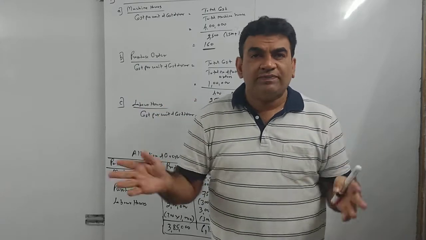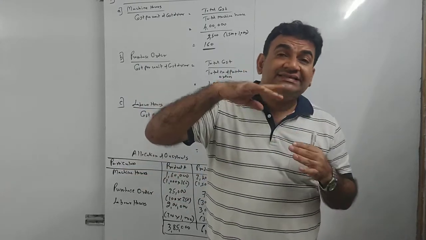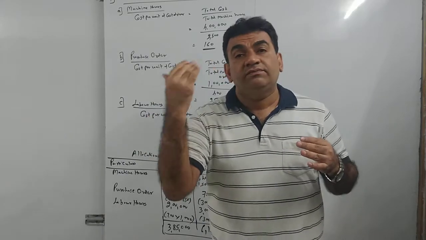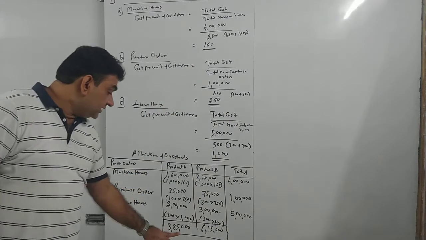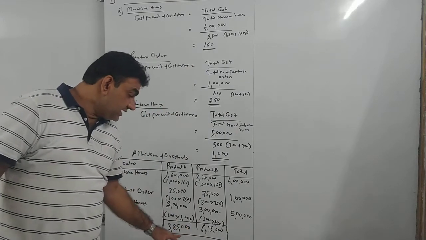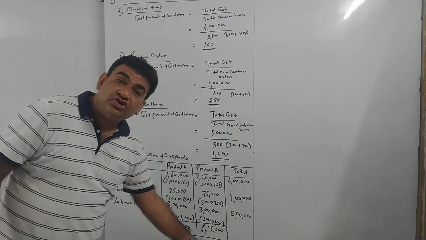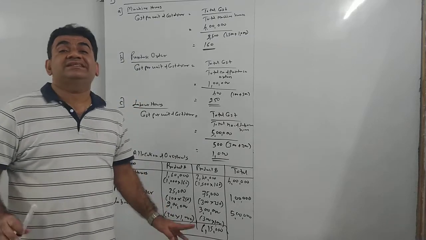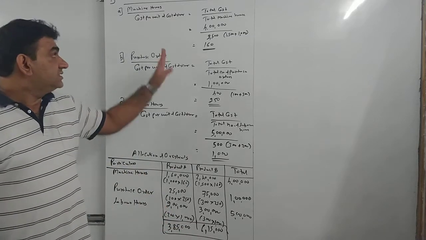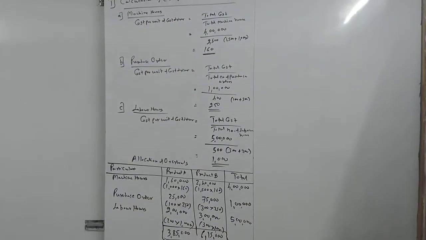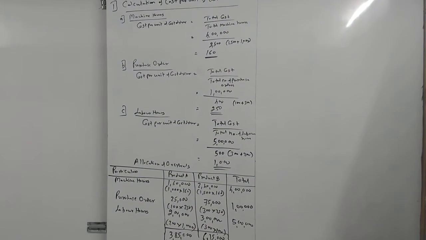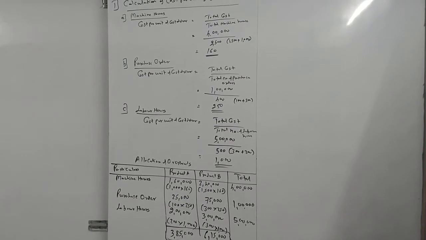Because what you spend, that cannot change. But the allocation per unit per cost driver will change. It may happen that because of this change, ये figure कम हो सकता है, ये ज़्यादा. But at any cost, दोनों का total has to be the same, that is 10 lakh. This is the concept of activity-based costing. यानी कि ना, understand this sum very carefully. ये पूरा base है ये chapter का.